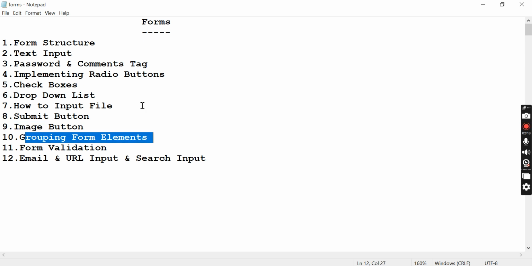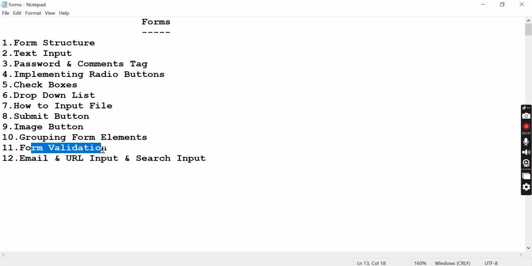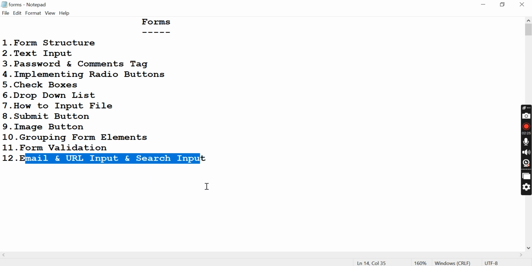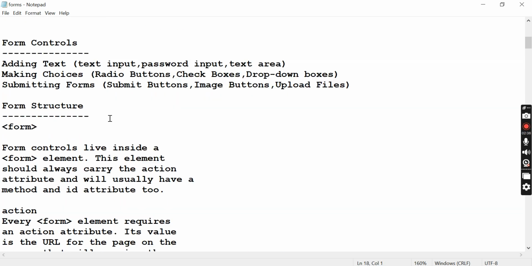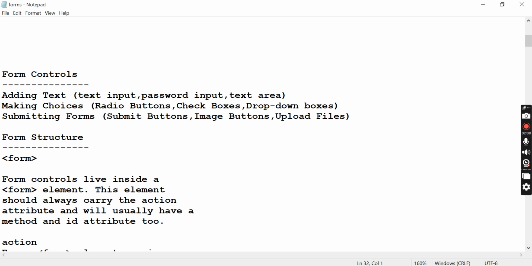So after that, grouping the elements, next form and validation, and at last we cover the email and URL input and search input. These things also we will cover, all of these, right? So let's start with the first one, form structure. Before understanding the form structure,